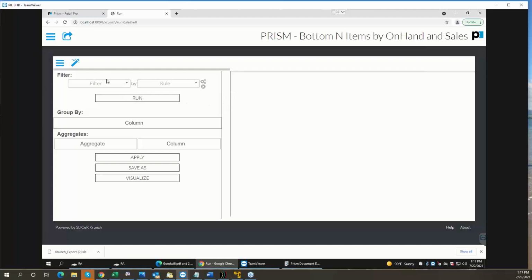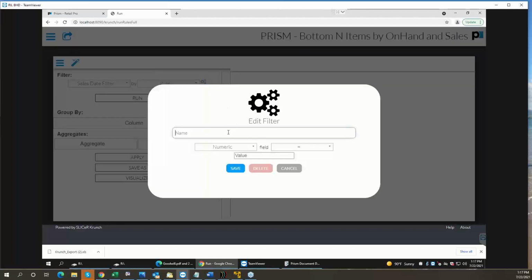And let's choose to add a filter to this one. You don't have to, I could just click run and it would go, right? But I'm going to choose to make a filter here. So we're going to add a sales date filter. And we're going to click this little gear box on the right. There's some things in here already, but I want to walk through building one, right? So I'm going to call this sales date,